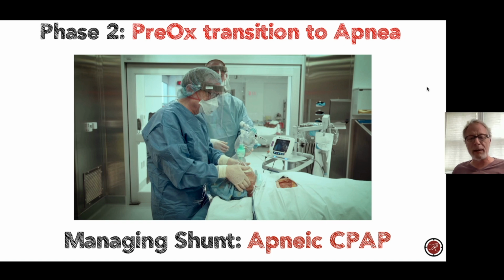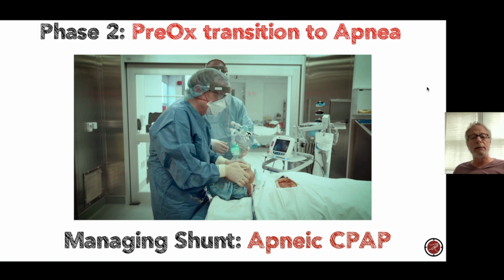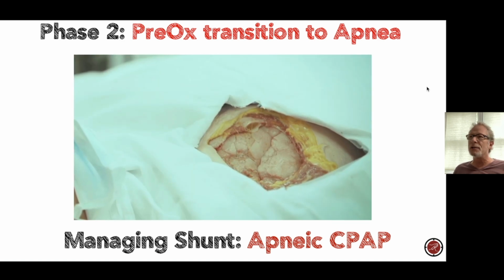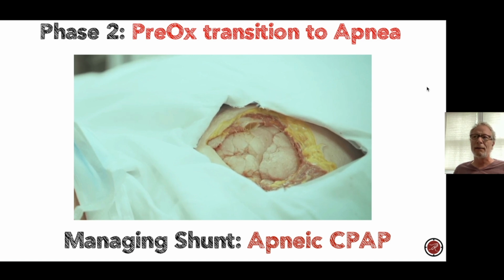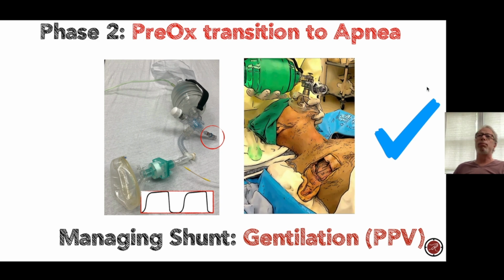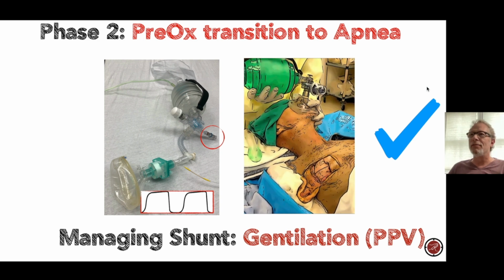And look what's happening here. So I'm going to do an aggressive jaw thrust. Here it is, an aggressive jaw thrust with an OPA, not bagging the patient. Look at the recruitment that's happening. I'm not squeezing the bag here, right? So this is apneic CPAP. You can do that as long as you've got this system set up, which is pretty basic and everybody should have access to. Or what we're going to do, and this is probably the right thing to do in general,